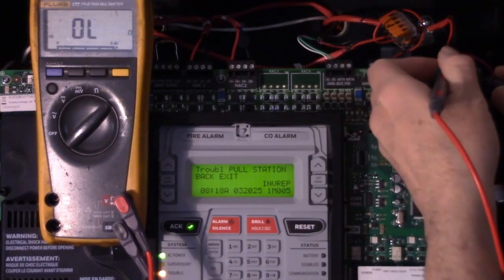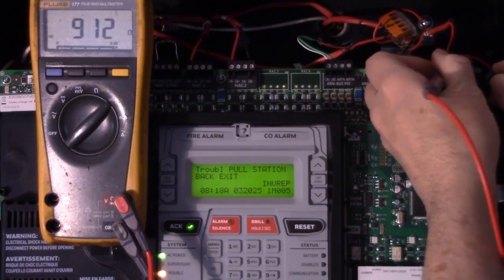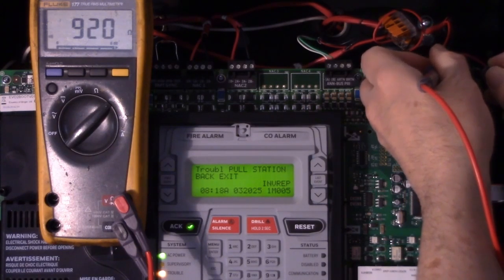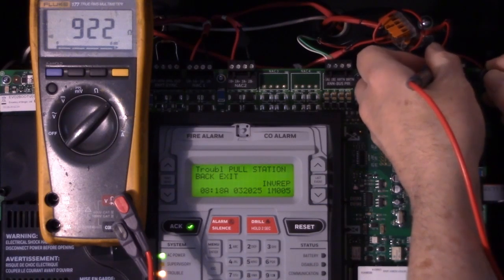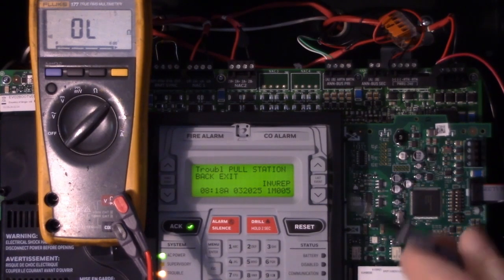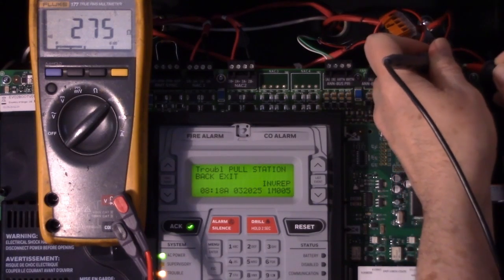If you switch your meter to diode check, that increases the voltage output on the terminals a little bit. So we definitely have current flow through this. So after you find the water leak, or the wet device, so to speak, once you remove that condition and then recheck your circuit,